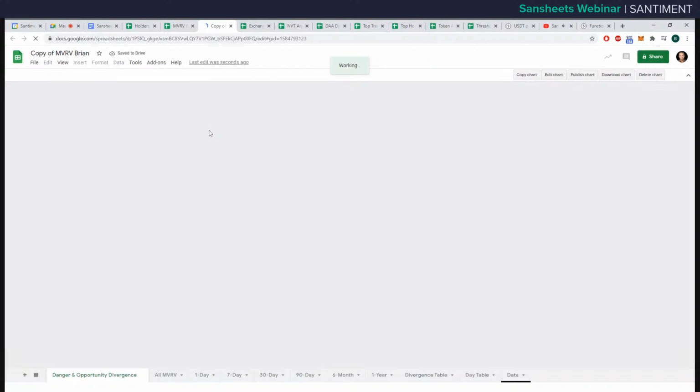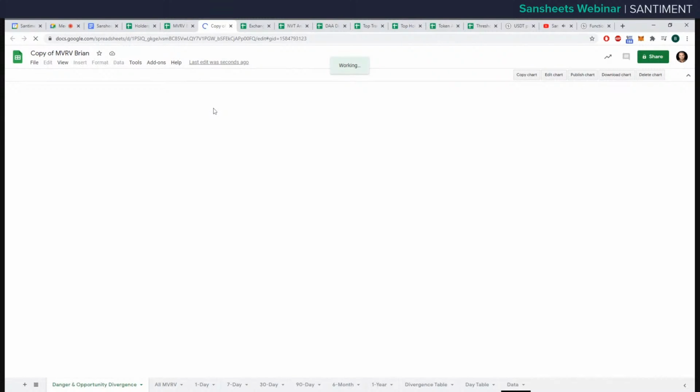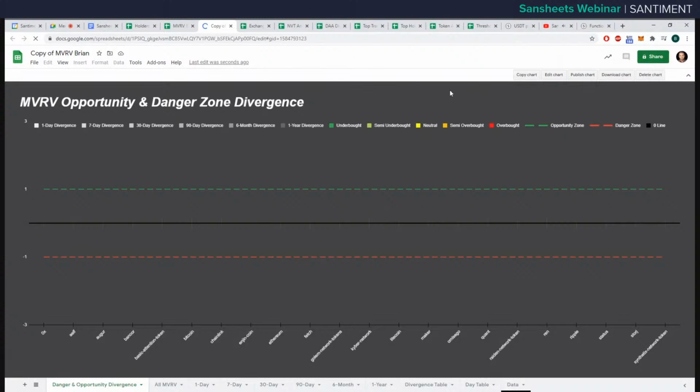This is a somewhat large file, so hopefully it doesn't take more than 10 seconds to do its thing. But either way, all I would need to do is, now that I have a copy, I should have edit access. But in order to use it, I'll have to go to add-ons and enable Sansheets. And when I do that,